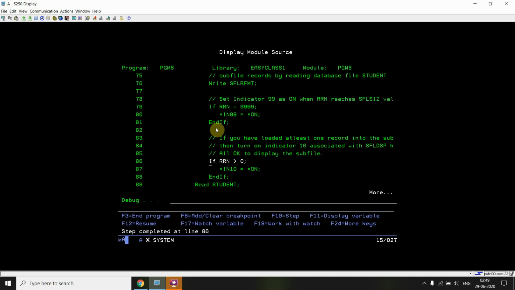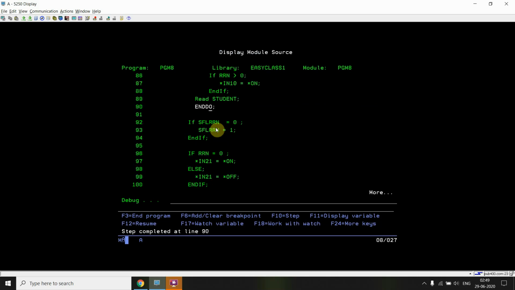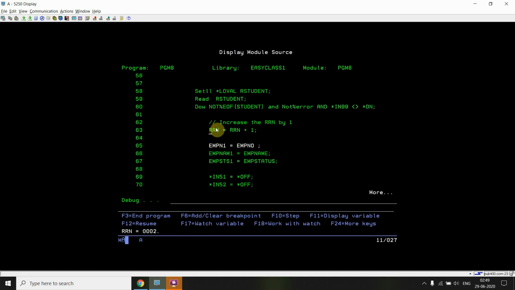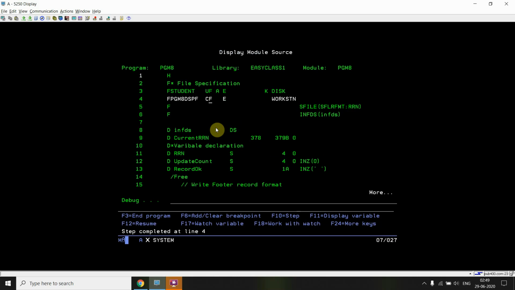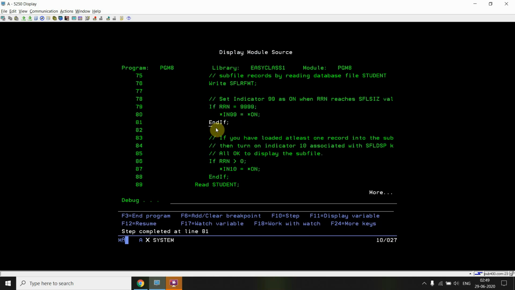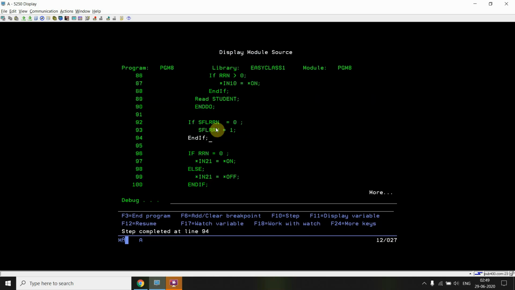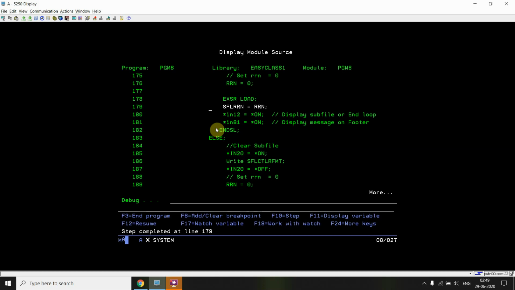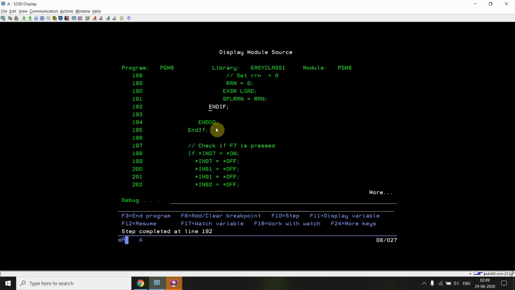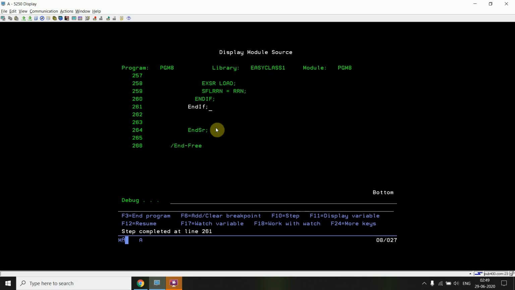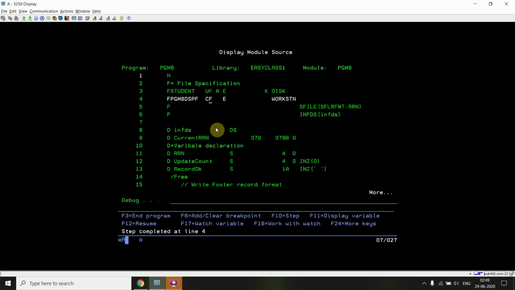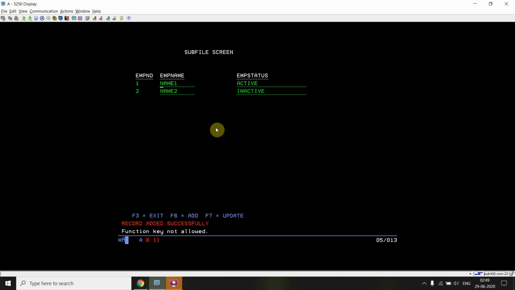RN will become 2 this time, because we have 2 records in the file. Now you can see that we are executing the subfile format. Okay, now record added successfully.